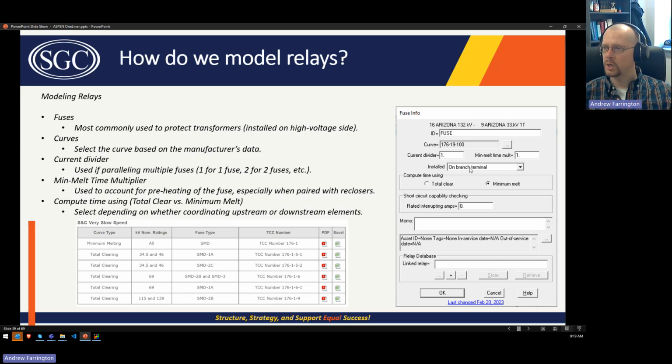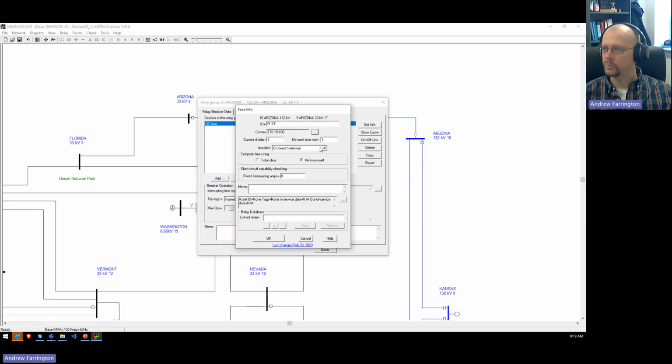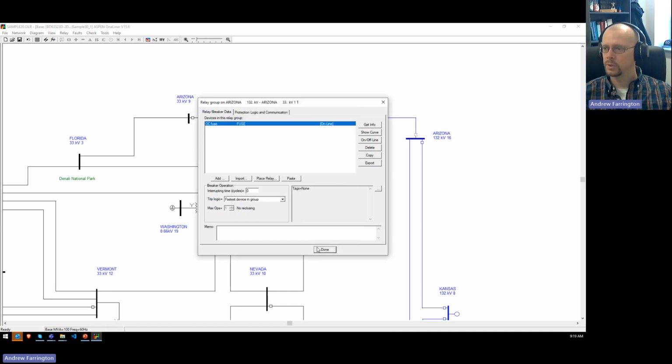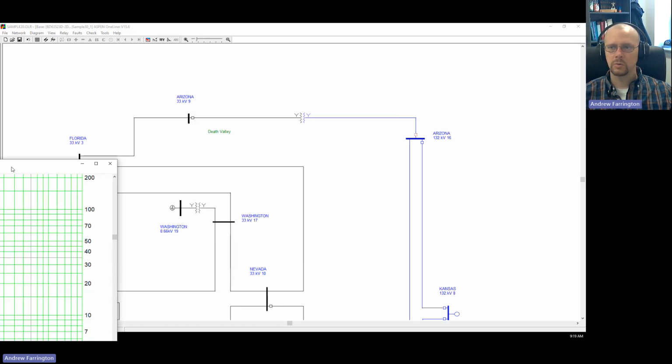The installed on the branch terminal, that's generally where you'll put it. You can see that there's only that option, so you don't need to worry about that. Compute time using, whether you want to use the minimum melt or the total clear. So if I show this